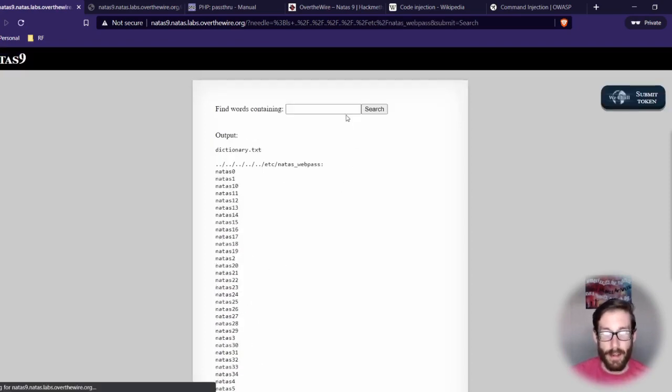I put that in, and then it's going to take me to this location. So it has all of our folders and everything that we need here. Now that we're in Natas 9, what we want to do is cat out Natas 10. And cat is basically read out. So I want to read out the Natas 10, not 19, 10, and then I want to get rid of the ls that I put in there.